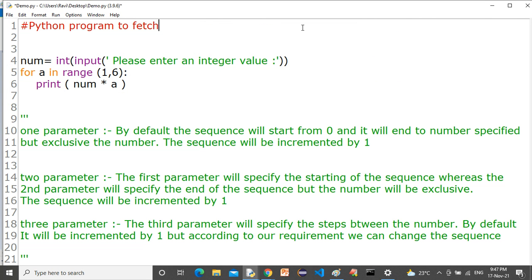Okay, so: Python program to accept an int value from the user and print the table. Print the table. Okay, write down from line number 1 to line number 6.